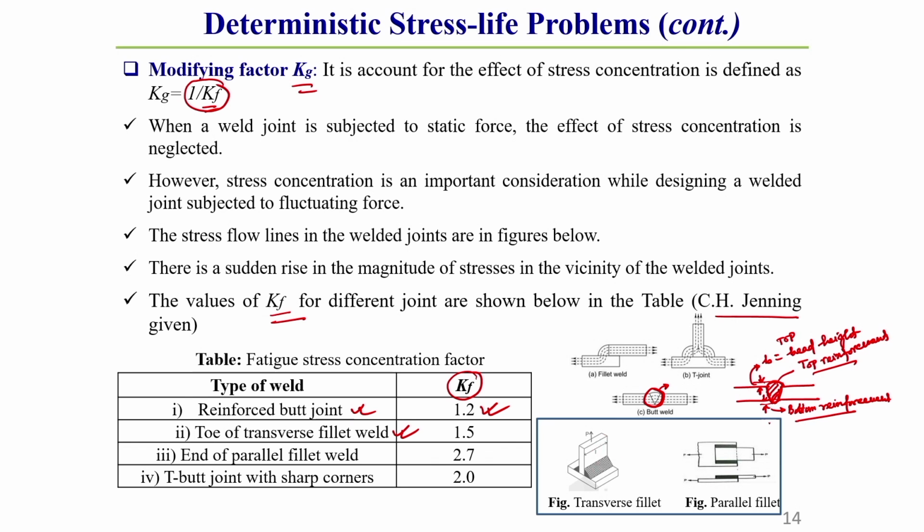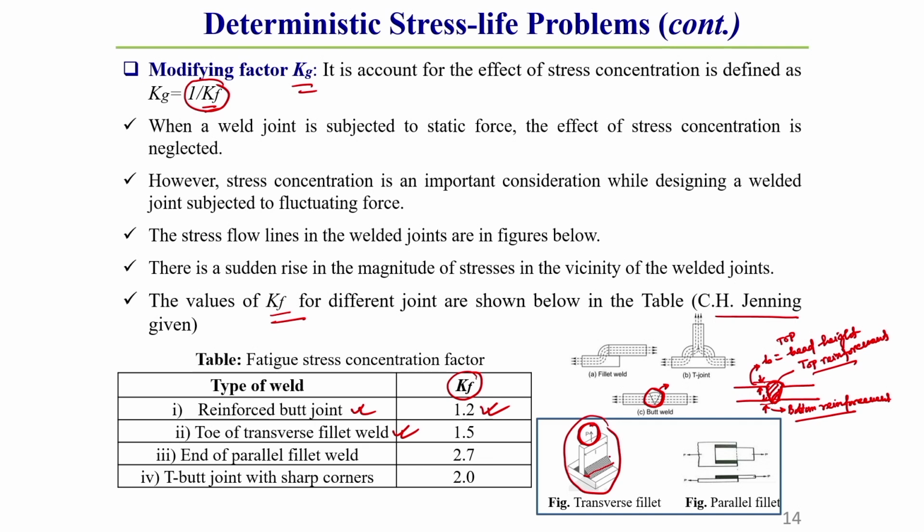let this be a plate. Here, if the load is perpendicular to the plate throat cross sectional area, generally the throat area is this. So, here this P is acting perpendicular to the throat section area. As the load is acting transverse to the plate, this is called transverse fillet weld. This is an example of transverse fillet weld.